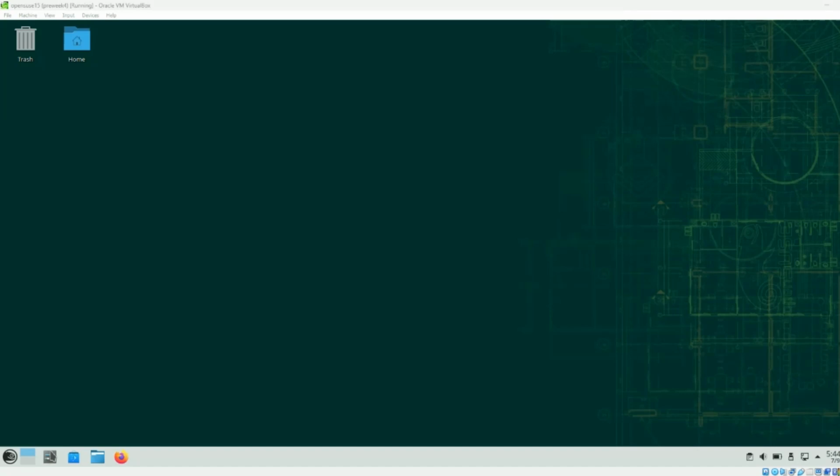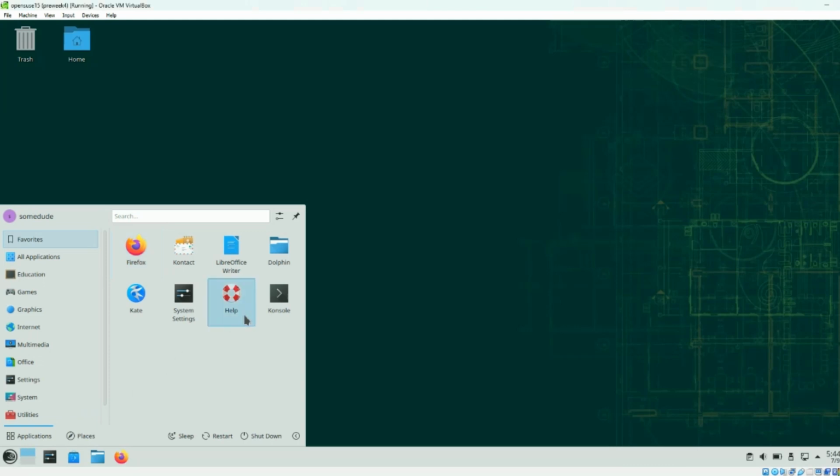Boot up to a GUI, whatever one you have installed. I have KDE here. You may have KDE or GNOME or some other. If you want to follow along exactly, make sure you have KDE. I have a video on how to set that up, if you can refer back to that. So you click on a little icon here, it's like a little Windows icon, and then